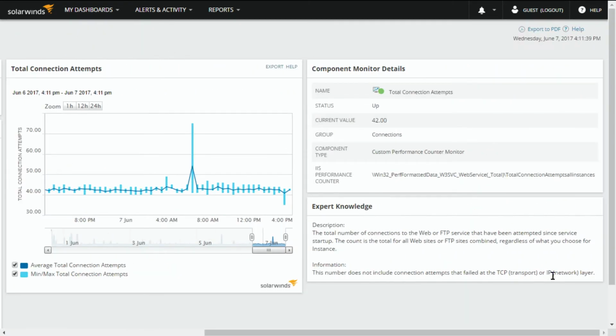And we give some expert knowledge in terms of what this metric really means. Again, for those that aren't application experts, they can take a look at these different metrics and they can understand if there's something out of the ordinary, if this is uncharacteristically high, what could that mean to the performance of the application. Okay, so I'm actually amazed by that because I didn't even realize that that was there.